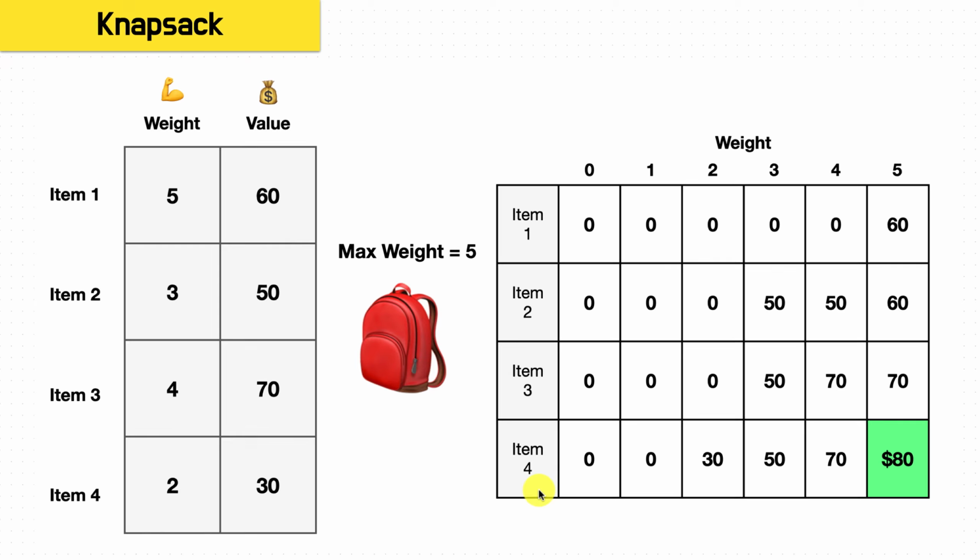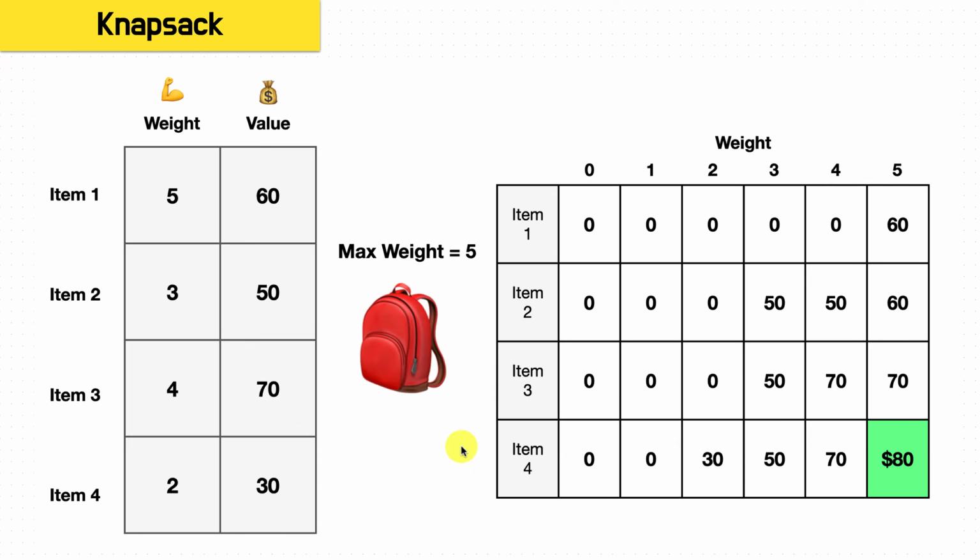And then finally, we try item 4. It weighs 2 pounds, 30 is greater than 0, so we keep 30, 30 is less than 50, so we keep 50, 30 is less than 70, so we keep 70, but then when we get to 5, since item 4 only weighs 2 pounds, we can sum it with the previously calculated value, which is 50, because a weight of 3 plus 2 equals 5, so both items can fit in the knapsack. So we add 30 to 50, which gives us a value of 80, and this is also the end of